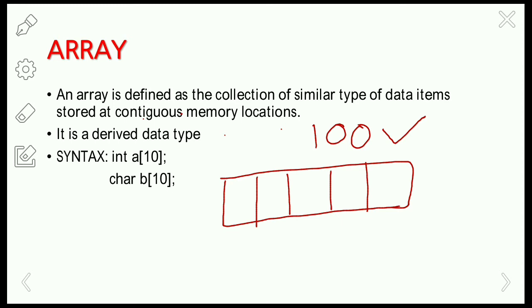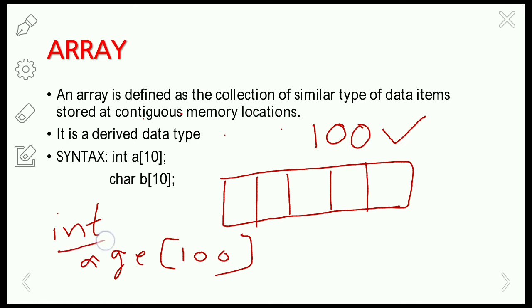Here I am declaring int age[100]. That means we can store the ages of 100 persons here, and the ages of all the persons are of data type integer. So we are going to store the ages of 100 persons with a single variable name, that is age.